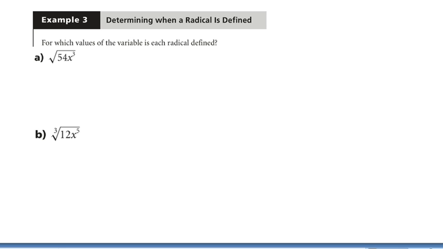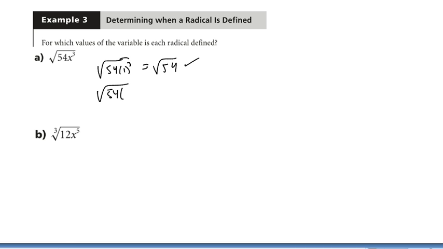So example 3 from the book, we want to talk about what values of x are going to be okay and which ones aren't. So let's say I were to put in 1 for x. So that would give me the square root of 54 times 1 cubed, which is root 54, which just equals root 54. So that's fine. I can take the square root of 54. If I try to put in negative 1,